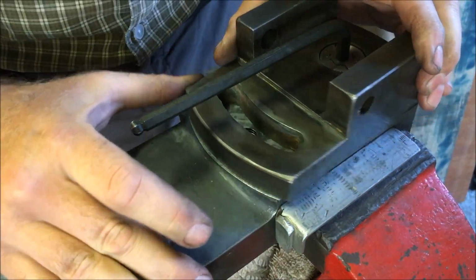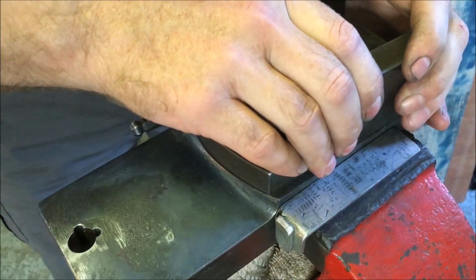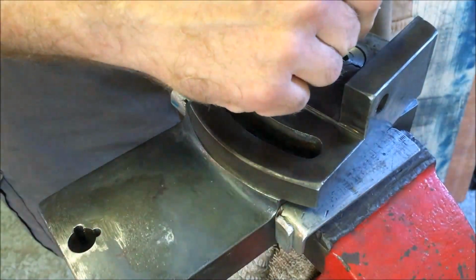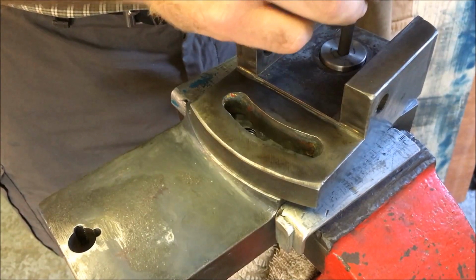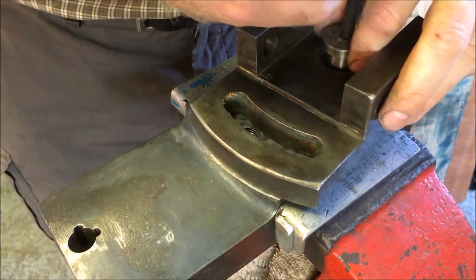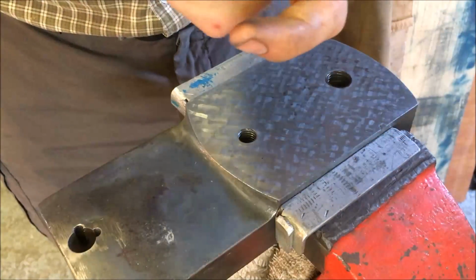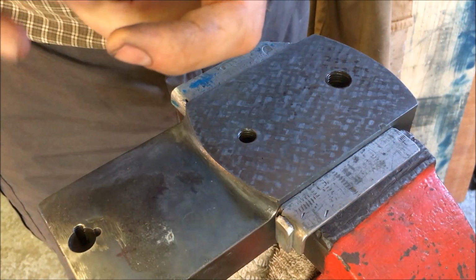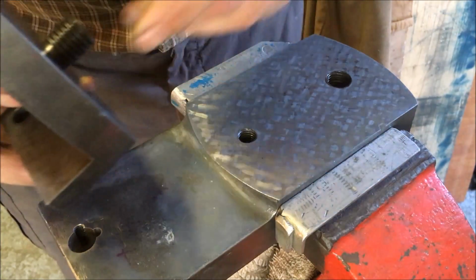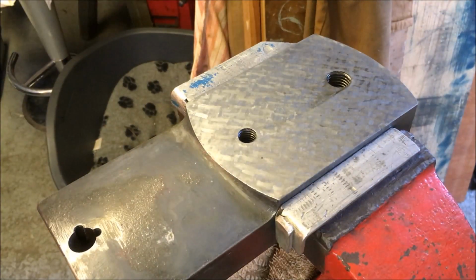that's moving all right. Now there is a little bit, I know you can hear that rocking. There's obviously play somewhere, which I suspect is the diameter of the shoulder bolt. It has got some play in this position. Yeah, that's what it is. So I'm reasonably okay with that. I'm just going to try a smear of oil and see if it's